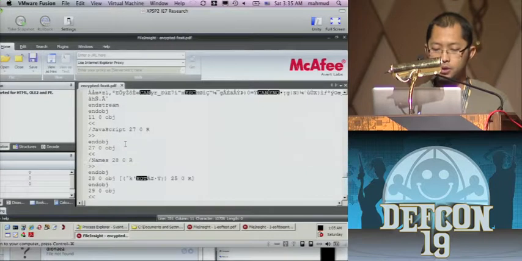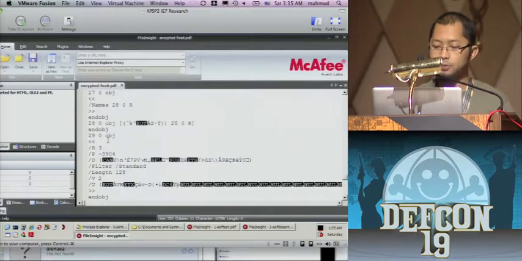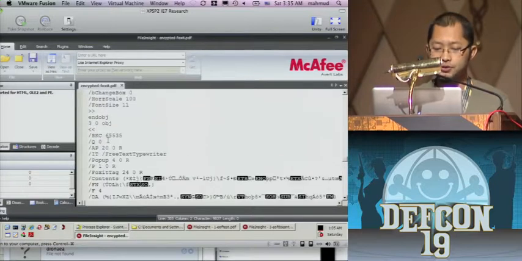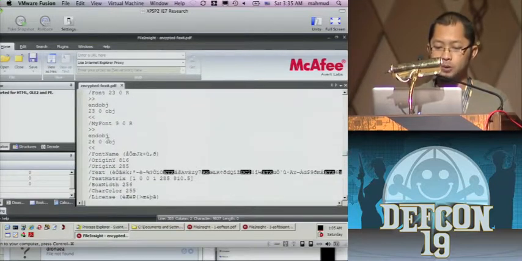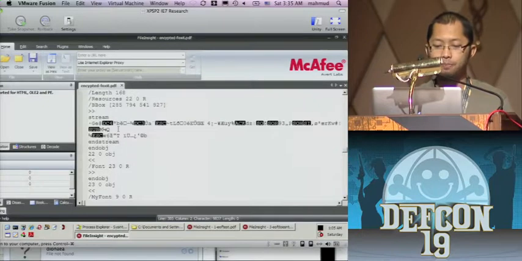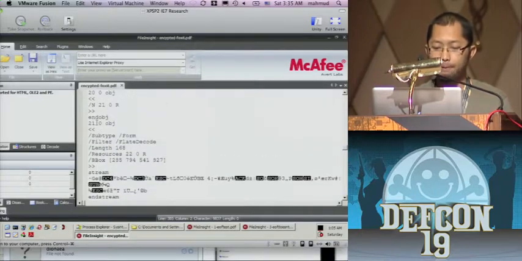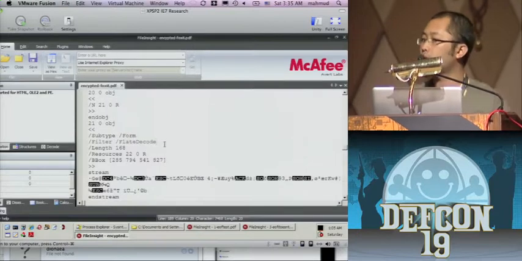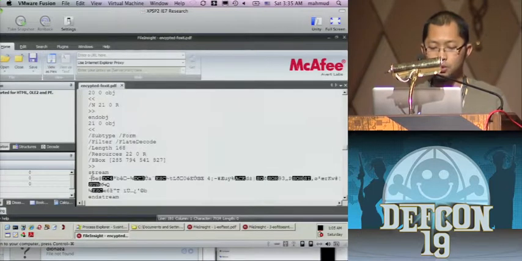29. So if you go to object 29, this is pretty much the implementation of our C algorithm for the encryption. Okay, so we have some stream over here. For example, take a look here. This stream implements some sort of FlateDecode filter. So pretty much if you try to decode this one using zlib encoding, it should work. For example, if you select this one,